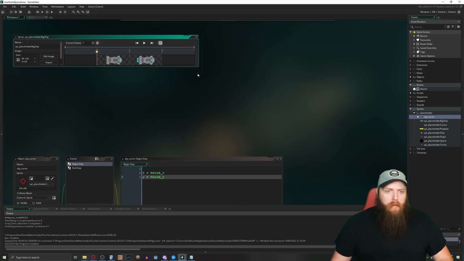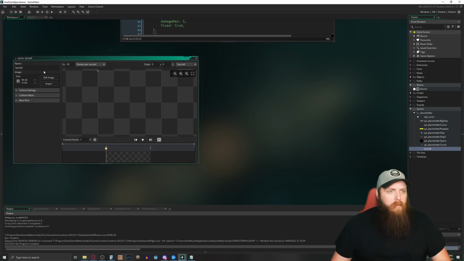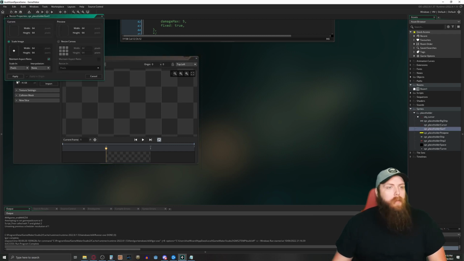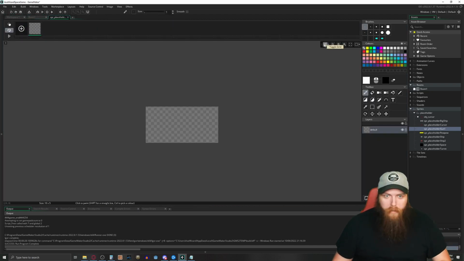I also kind of want to make a basic gun sprite. So I think Alt S is a new sprite. Yes. SPR placeholder gun 1, whatever. And what we're going to do is we're just going to make it 16 by, no wait, that's probably way too big. I want to do maybe 8 by 5, maybe 10 by 5. Edit image. So what this will let us do is we can create a super basic gun,